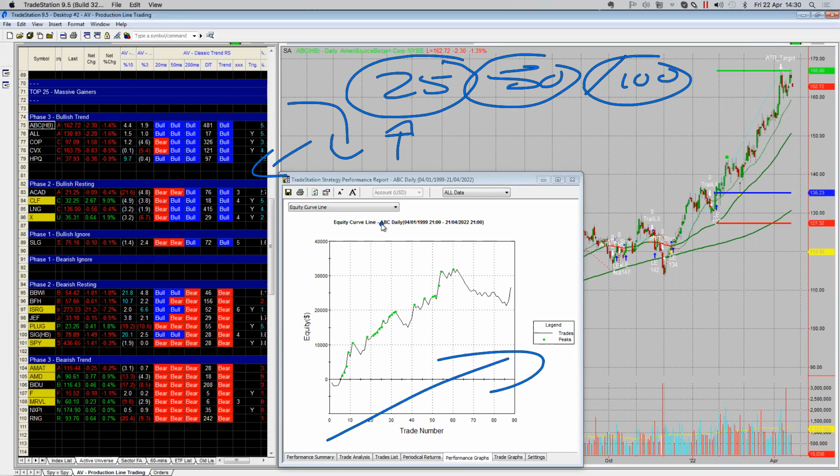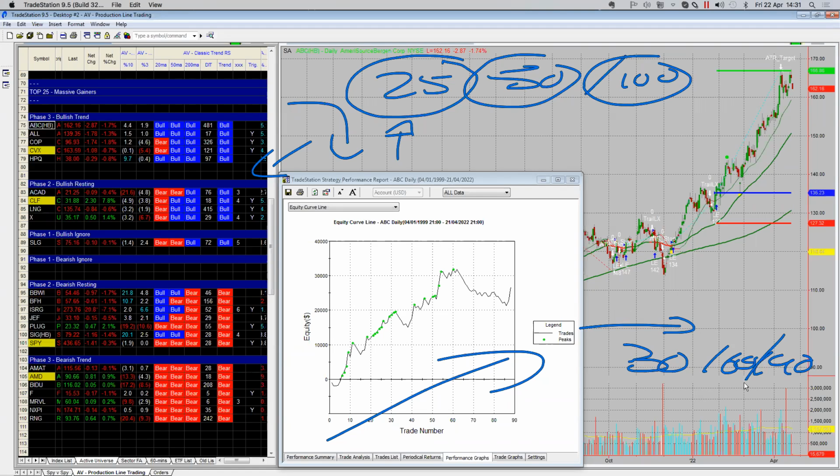So when I apply the rules that I've described to you, and only those rules, no discretion, not taking anything fundamental into account, on average, over a long period of time, it's produced results. That means that if I continue to trade this stock for the next 30, 60, 90 days, then there's a good chance that it will continue to behave favorably for the next short period of time, because that's what a trend is. The stock behaves favorably. That's what I'm looking for.